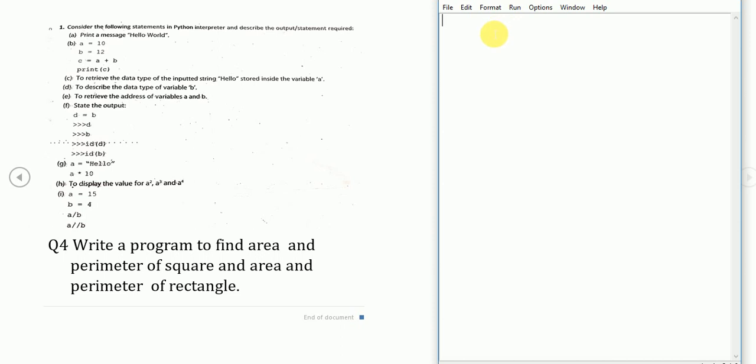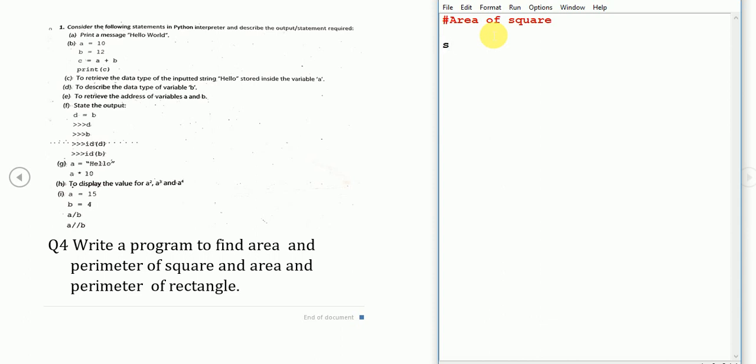So this is our script mode. First we are going to find out the area of square. This is a comment. Now for square, what do we need? Side. We have to take input from the user as side, then we have to apply the formula side into side, that is processing, and then we have to give the output to the user with the help of the print statement.